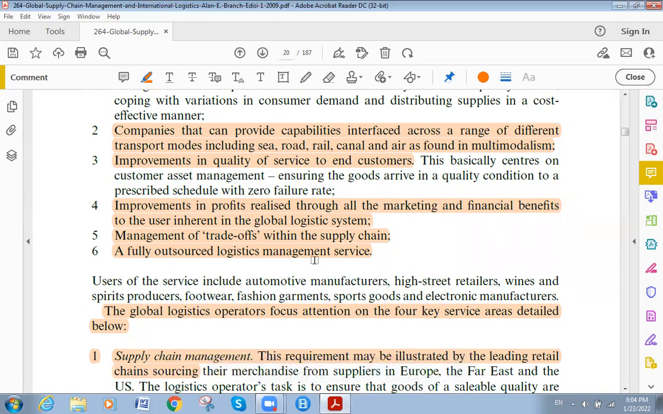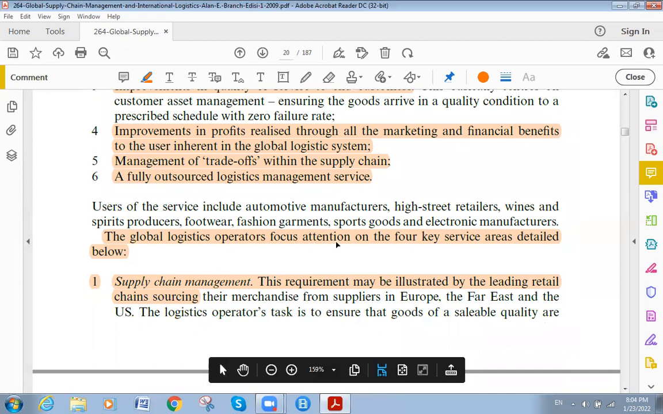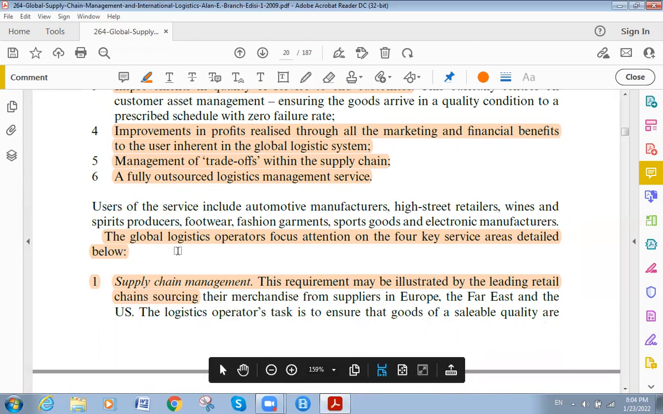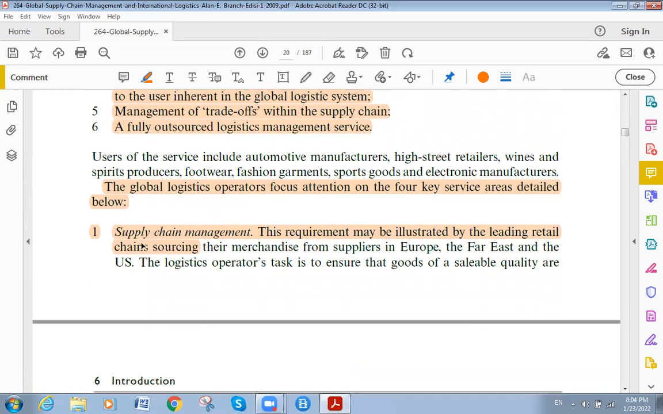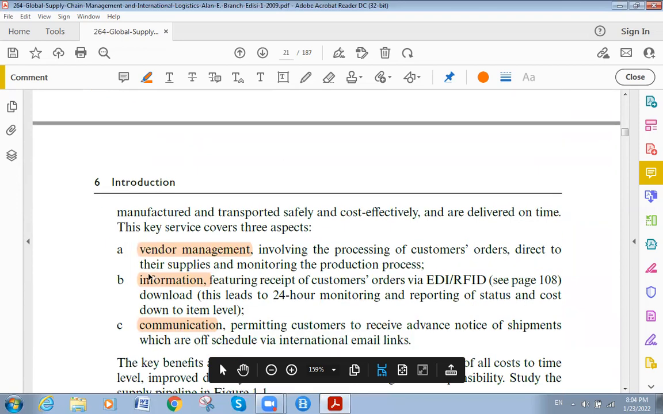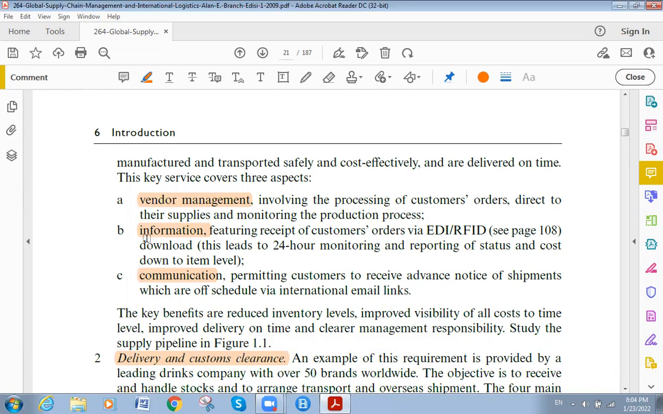So that is what we have here regarding the global logistic. The global logistic operators focus attention on the 4 key service areas detailed below. What are they? What do the global logistic operators focus upon? They focus upon supply chain management. They focus on vendor management, involving the processing of customers' orders direct to their suppliers and monitoring the production process. They focus also on the information